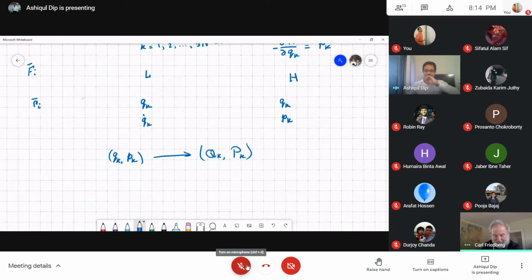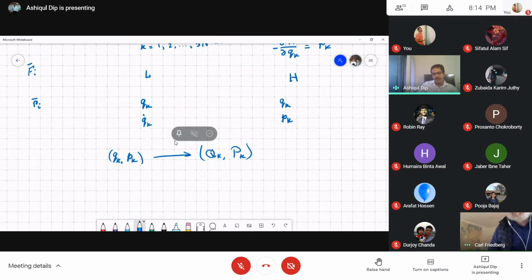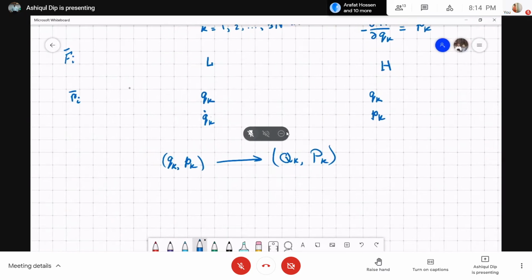Okay. So we want a kind of transformation that takes old coordinates and momenta and creates new coordinates and momenta. That's the basic idea of making a transformation in phase space. The problem is that when you try to make a coordinate transformation like that,